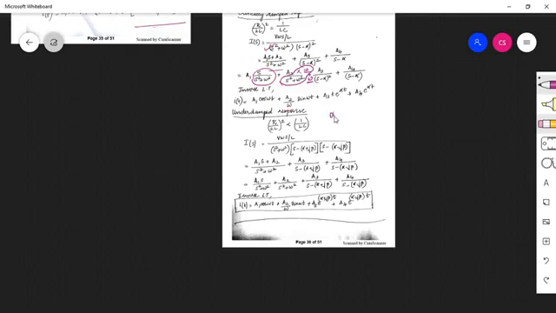So the roots are complex conjugates. The two roots are alpha plus j beta and alpha minus j beta. The first term, as usual, remains the same. The third term is a3 by s minus alpha plus j beta, and the fourth is plus a4 by s minus alpha minus j beta. So we can split out individual terms: a1 s by s square plus omega square plus a2 by s square plus omega square plus a3 by s minus alpha plus j beta plus a4 by s minus alpha minus j beta.